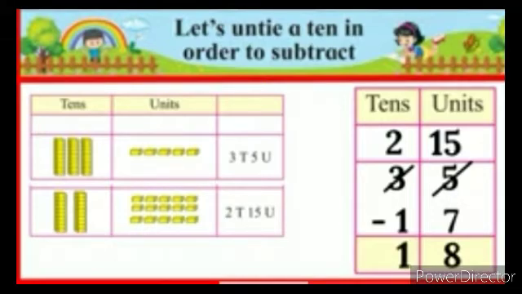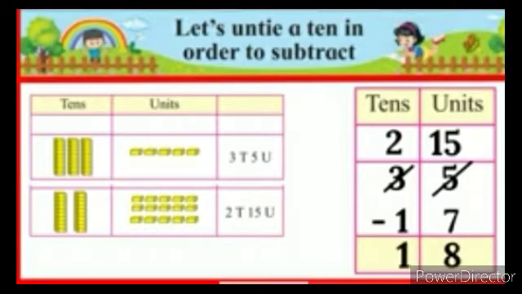Here children, in the tens place 3 tens are there. So we will take 1 from that tens place and borrow it into the unit place. So 5 as it is you have to write, and you have to take 1 borrow from the tens place. So here it will become 15. And here in the tens place we have taken one, so it will become less. Here it will come 2.